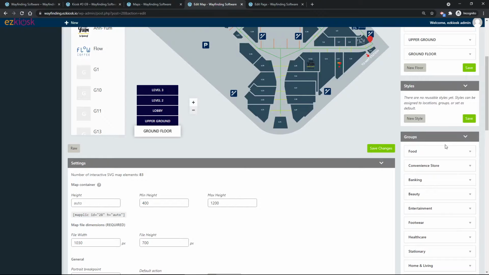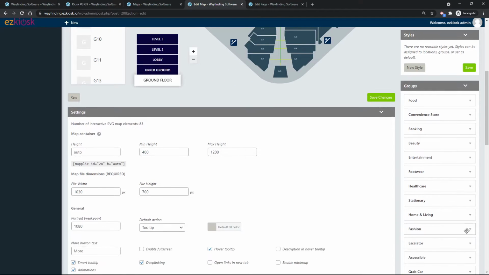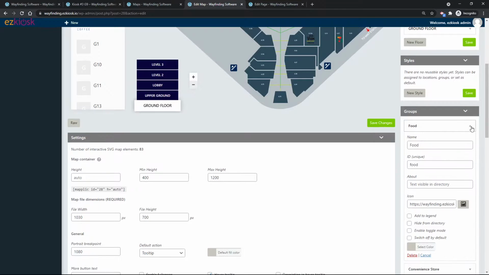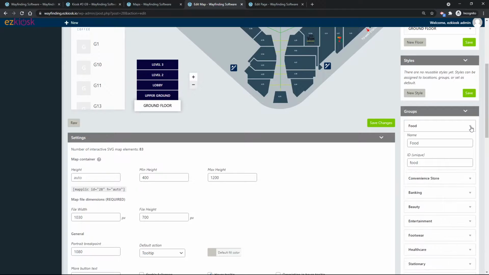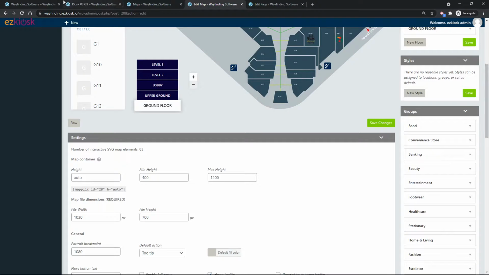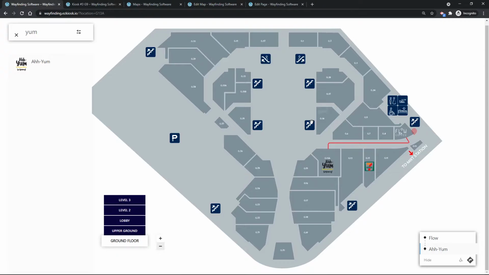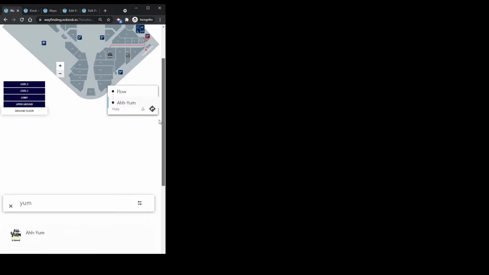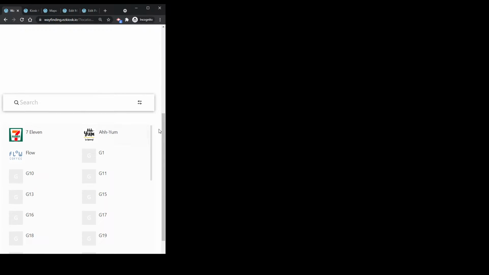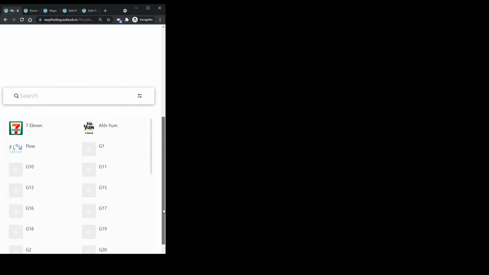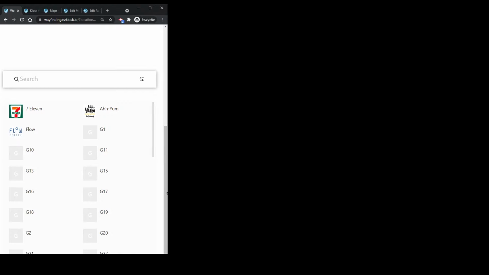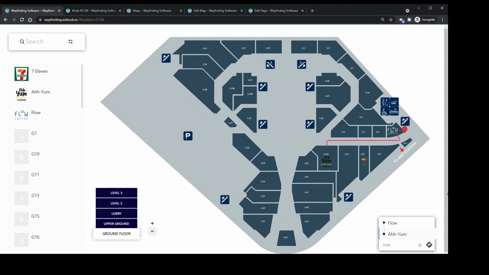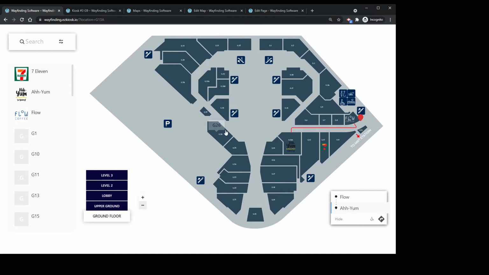And then what else? Next is the group, right? This is the group. Group is the group for the map, right? Let's say if I were to change this,